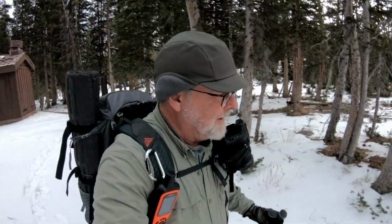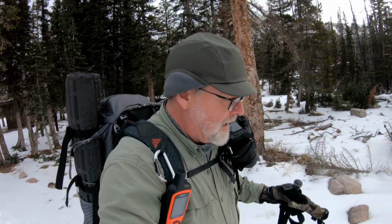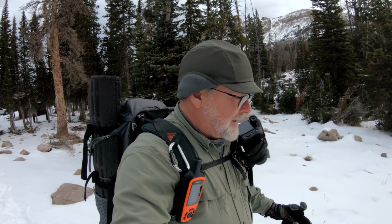Morning, everybody. It is November 10th. It's a Saturday. It's about 27 degrees. I'm at the Hayden Pass trailhead to the Highline Trail. I'm trying to take advantage of the fact that the Mirror Lake Highway is still open this late in the season,